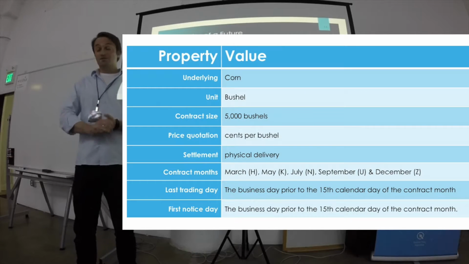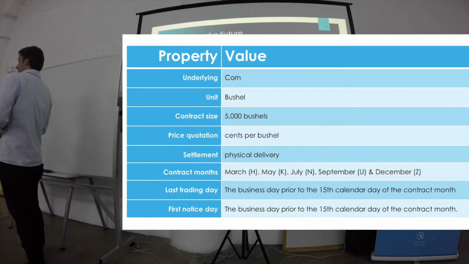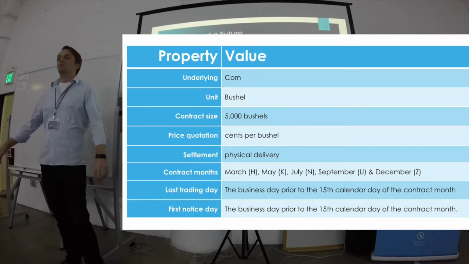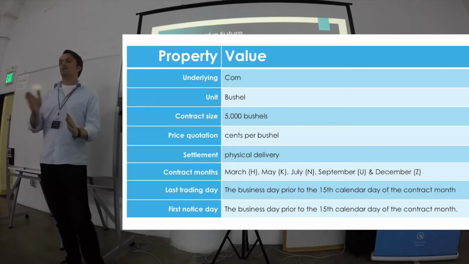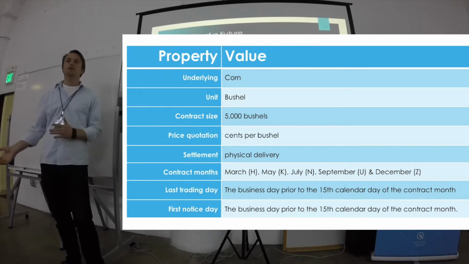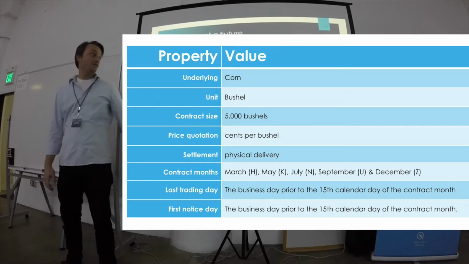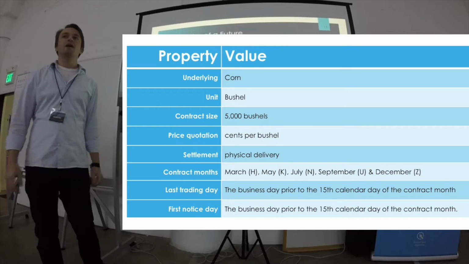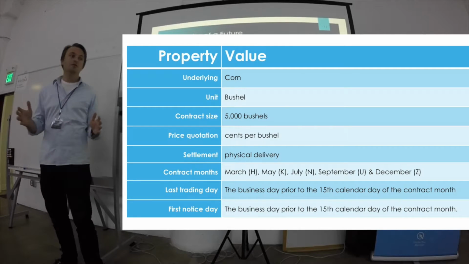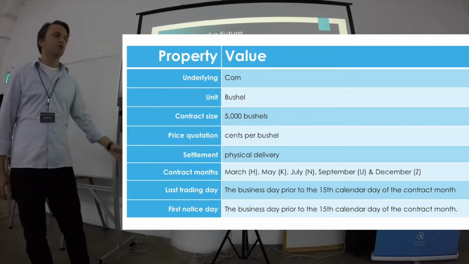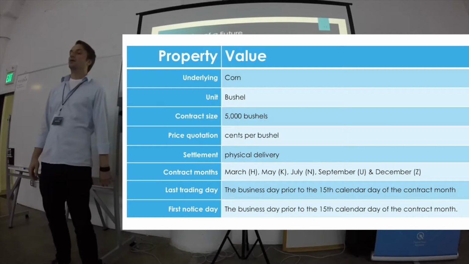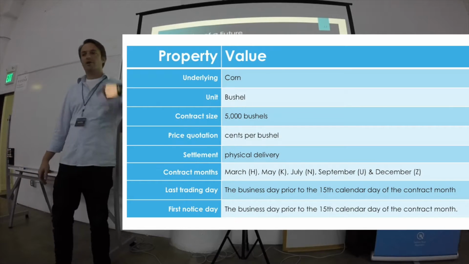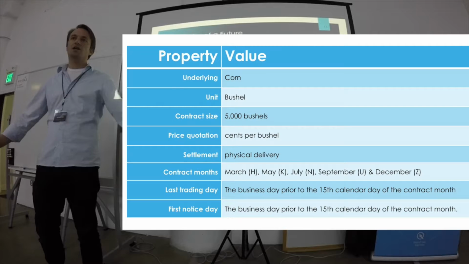Then there are 2 important days, which are the last trading day and the first notice day. The last trading day is the day when the future approaches its expiration, the last day when you can buy or sell that future on the exchange. And the first notice day is the first day where a short can announce he wants to make a delivery. So this happens during some days, not necessarily every short wants to deliver on the same day. So they might have a week or 2 weeks where they can announce delivery. But if your counterparty, your short, announces delivery, you have to take it.